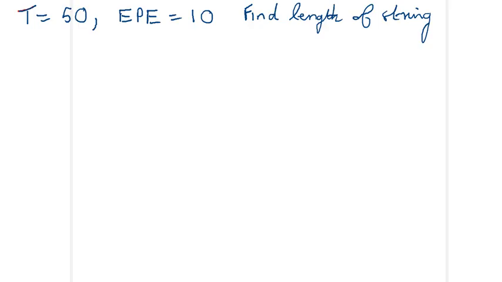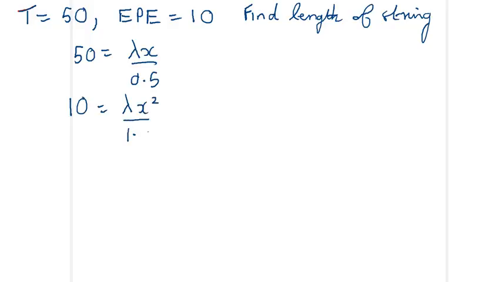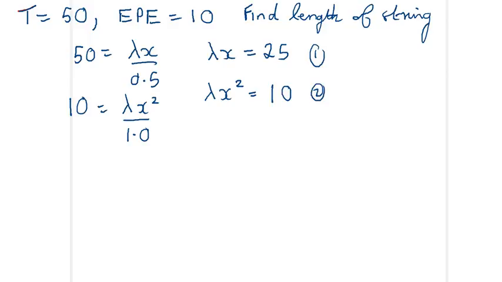On the next page then, let's use these. T is 50, which gives us the equation 50 equals lambda x over 0.5, as L is 0.5. And the elastic potential energy, 10 equals lambda x squared over 2L, which is 1.0. So lambda x equals, what does that give us? Lambda x equals 25 and lambda x squared equals 10. Again, a nice pair of equations. We can divide them as well, dividing the second by the first,